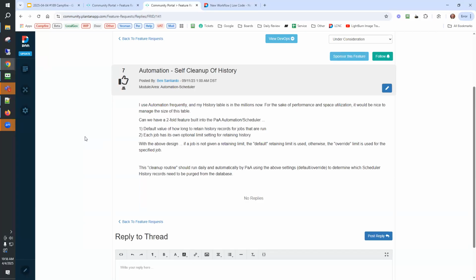It would be nice if we had a built-in history cleanup for those types of areas and any future areas that may come, because I know the API audit didn't exist until several versions ago. When new tables come in that have that type of auditing, it would be nice to have the ability to set up rules around how much of that we want to save.